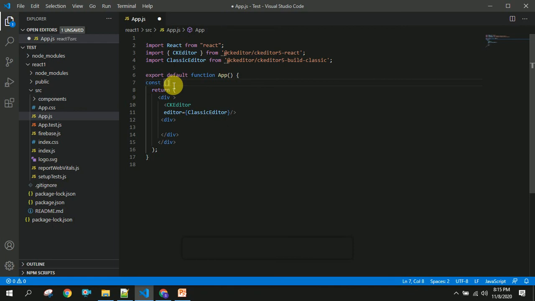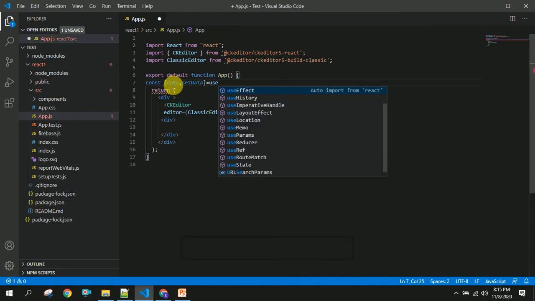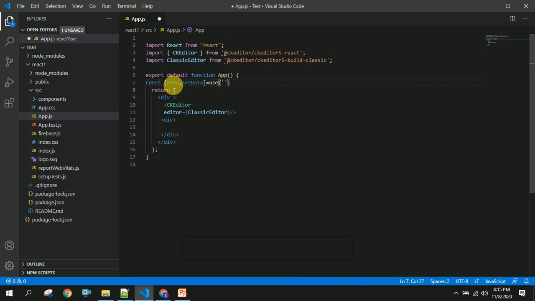I am going to create a variable called data, and once the user changes that, I am going to set it by using setData. I am going to use state as it is a functional component.